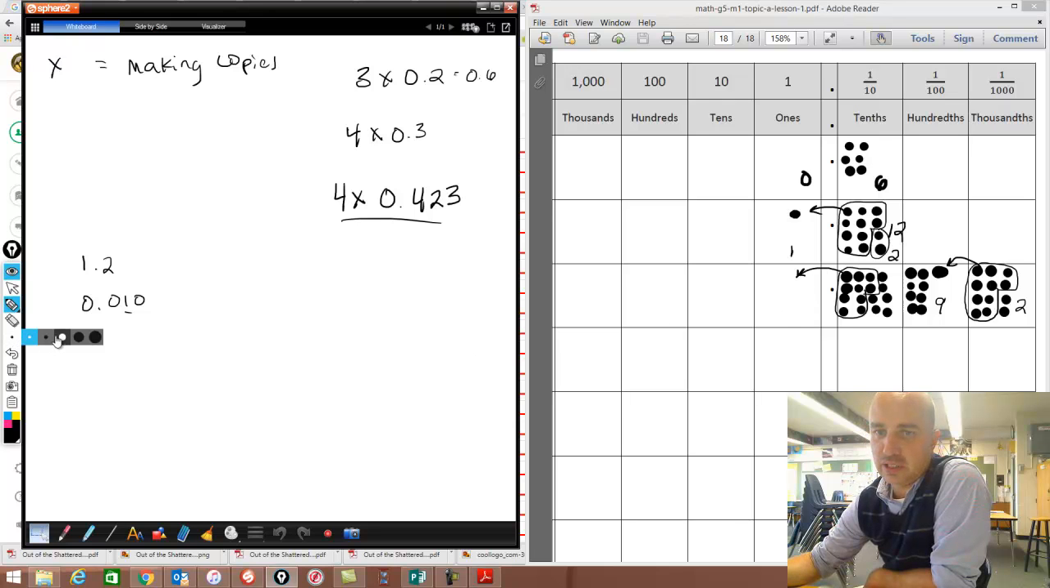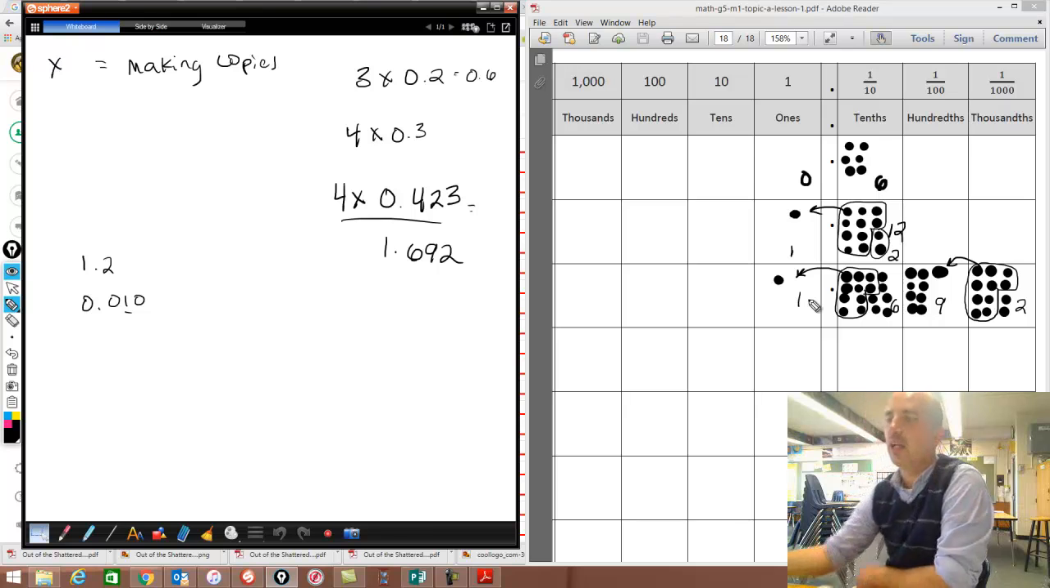And once again, I'm going to take one of my discs and put my disc there. So now I can count up how many I have left over. 1, 2, 3, 4, 5, 6. And I have 1 here. So my ultimate answer is 4 times 423 thousandths equals, and I'll write the product down here, 1 and 692 thousandths. Okay, and I can see how I got 1 and 692 thousandths by regrouping these, moving them up, and